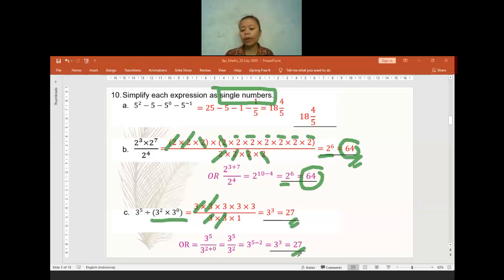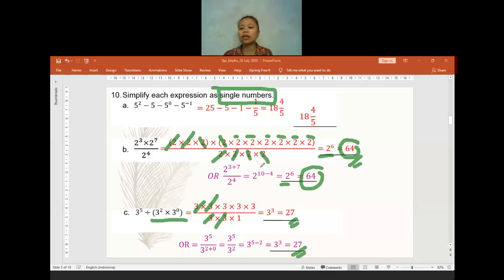Is there anyone having a question? Oh yeah, what happens if the number is different? When the number is different, because you are still in grade 8, mostly the number will be the same. There will be no case where the number will be different. You will meet different base numbers with the indices later when you are in grade 9. Wait until you are in grade 9. When you are still in grade 8, mostly the base will be the same. So it will be 2 with 2, 3 with 3. It will not be 2 with 5, 2 with 7. It will never be like that. So no need to worry about a different base number.